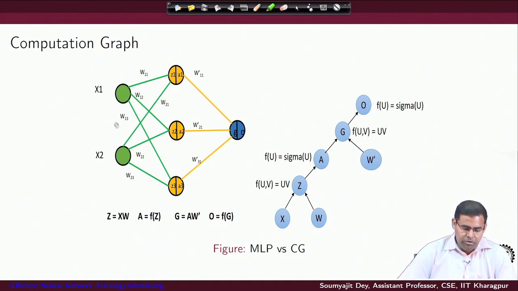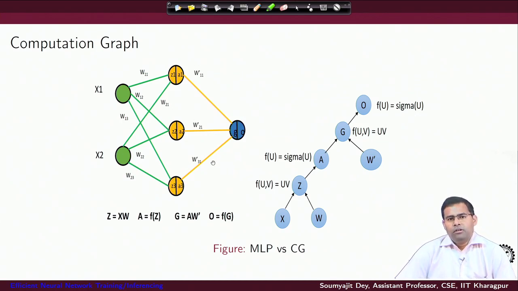So, you have the input, that input x vector is getting transformed with W, right, and then you get something called this intermediate value, that is the z, which gets transformed with the activation function, you get something called A. These are all intermediate values that you are computing. Then again you have to do further transformation on A using these weights of W prime, that gives you G, and on this you apply the final activation function F again to get the output, right.